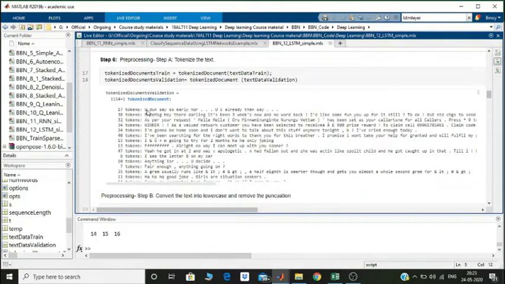Each token, "you" is one token, "don't" is one token, "say" is one token, "so" is one. So you have 1, 2, 3, 4, 5, 6, 7, 8, 9, 10, 11, 12, 13, 14, 15, 16, 17 tokens. So each word or character that you are seeing separately is an individual token. So basically the sentence gets split into individual tokens, right?